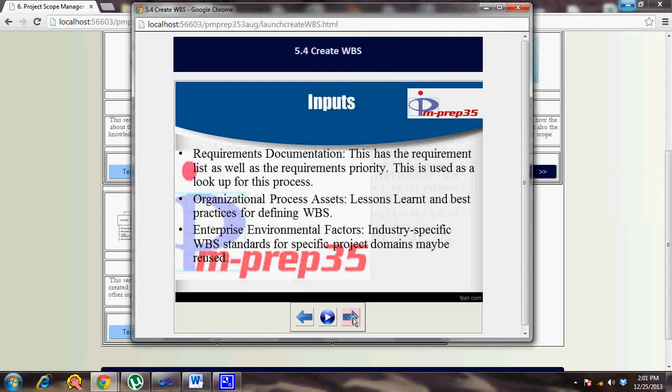So while you build your WBS, there might be sometimes when you might miss some requirement, and it could have been missed even in the scope statement. Then a team member could find out, okay, this requirement has been missed and this has been stated by the client as high priority. So that's where it would be included in the WBS, and then it would be included in the scope statement also. So that's where the requirement documentation becomes a guiding force. So that's why requirement documentation is an important input, because the scope baseline involves scope statement, WBS and WBS dictionary, and if all these three things are frozen or in sync, only then the scope can be baselined.